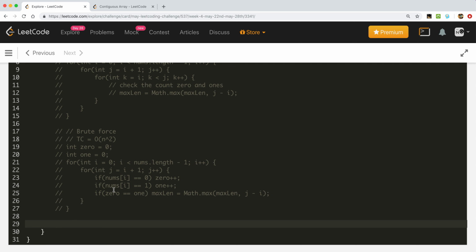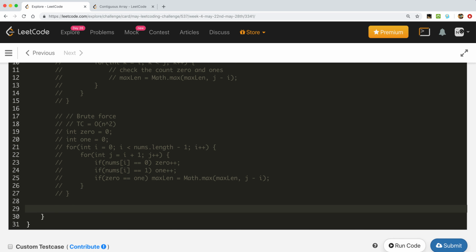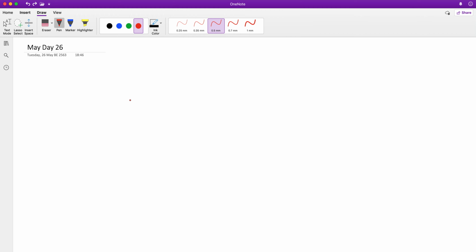Let me draw the picture first clearly in OneNote. Let me take an example of one random array: 0 1 0 0 1 1 0. We have to find the maximum length of a contiguous subarray of equal 0 and 1.